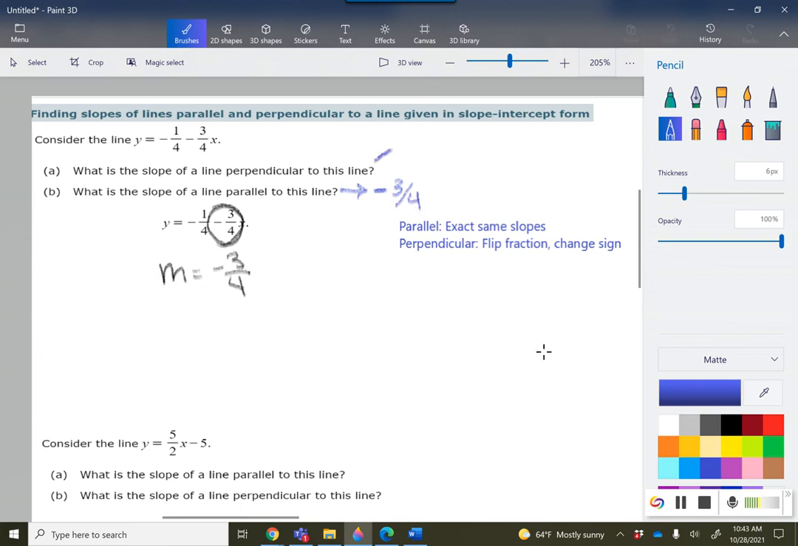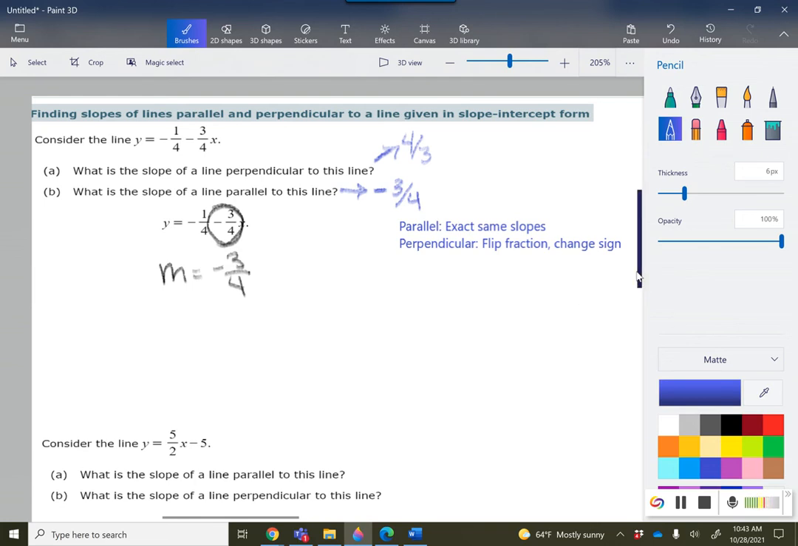Now A wants the perpendicular. So right off the bat, you know it's going to be a different sign. Since the original slope was negative, our new slope is going to be positive. And then you're going to take the fraction and flip it upside down. Instead of 3/4, now it's going to be 4/3. Okay. So since there's not a lot to do in these, because all they want are the new slopes,